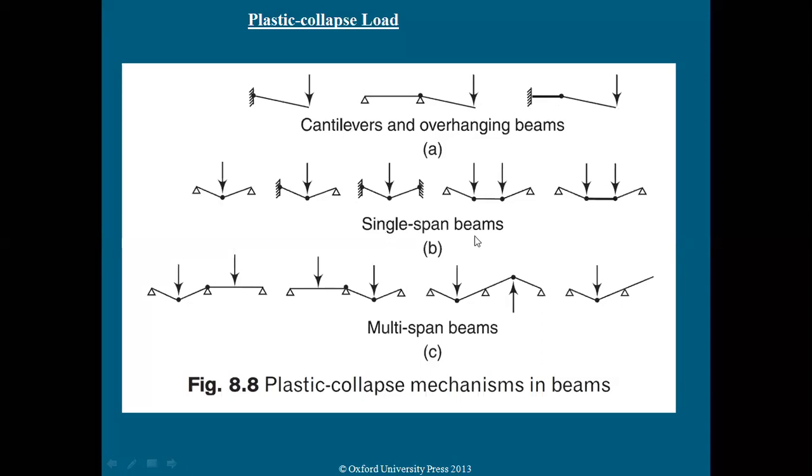If you see single span beams like the simply supported beam, see where the plastic hinge is formed: at mid span, at the concentrated load point. Here you can see the plastic hinge formed at the support and even at the load point. In simply supported beams, plastic hinges form at supports and at the concentrated loads. That is very, very important. The plastic hinge is the point where the member starts to collapse, so you can see the first failure at that particular joint.